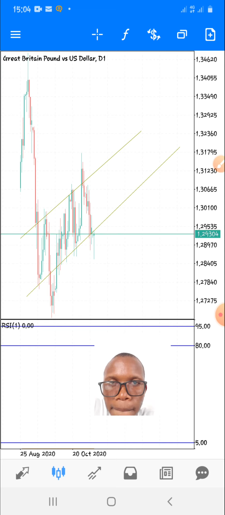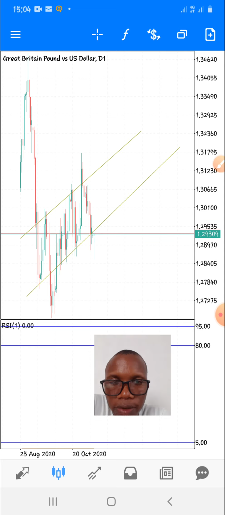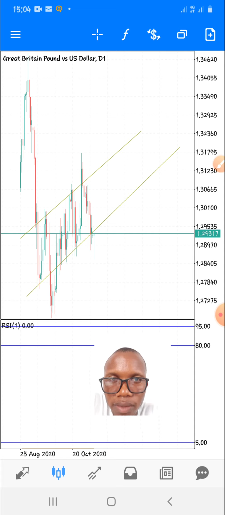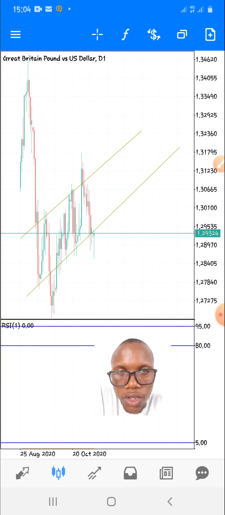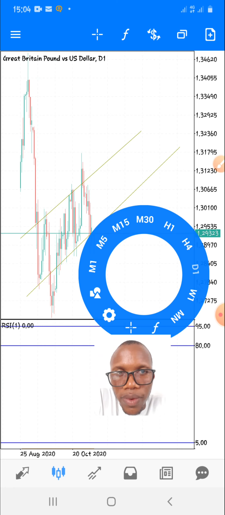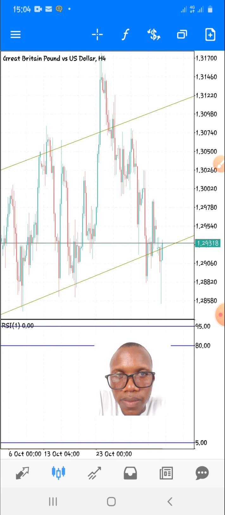You see, according to the daily time frame, the price of the GBP dollar is currently below the trend line, meaning it has to be a sell, though it was pushing upwards today. So when we go to the 4-hour time frame,